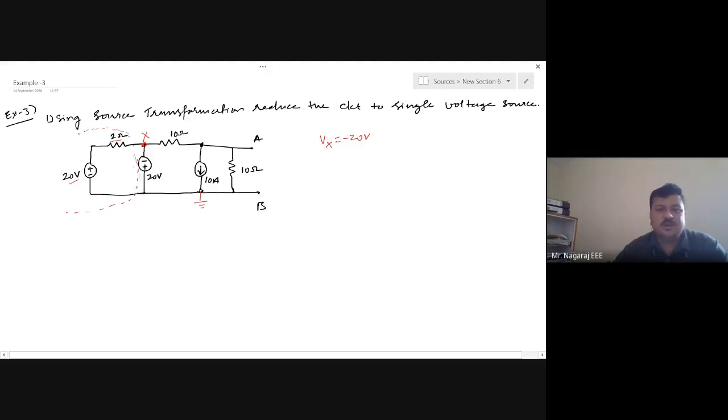But thinking that you cannot neglect the right hand side, don't do that, because there is another node here. This node may be behaving differently, suppose node Y, that is a different issue. But here there is no other node connected to this branch, 20 volt and 2 ohms. Suppose if there were another branch here, then I would not have done this. Are you getting my point?